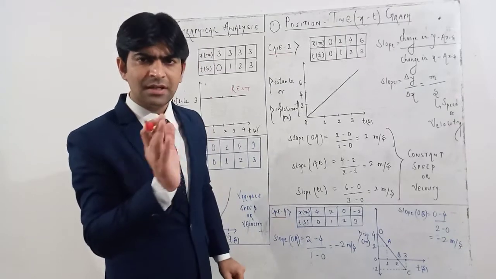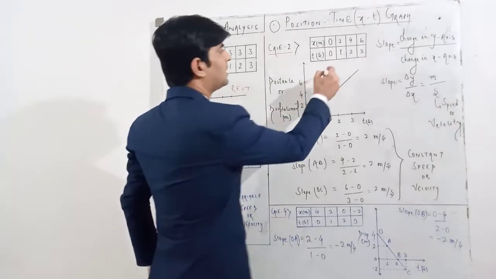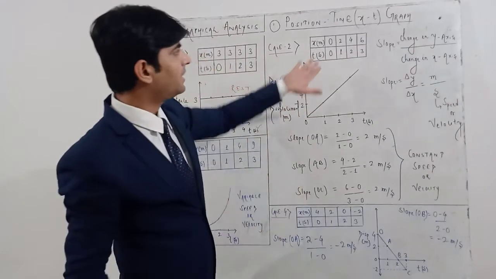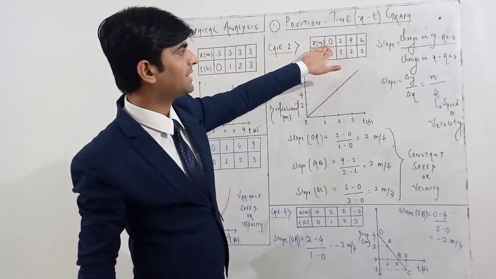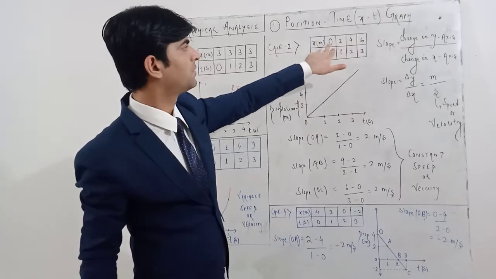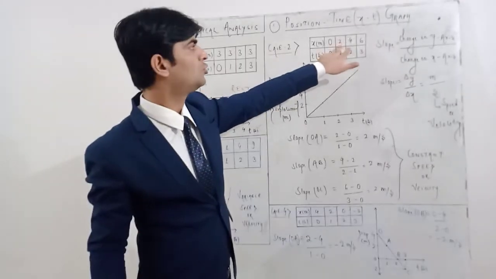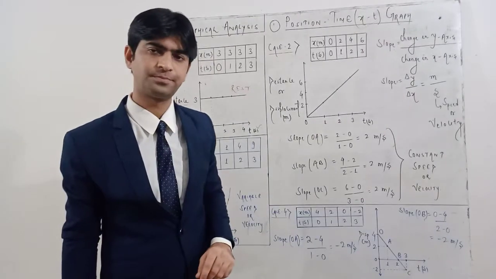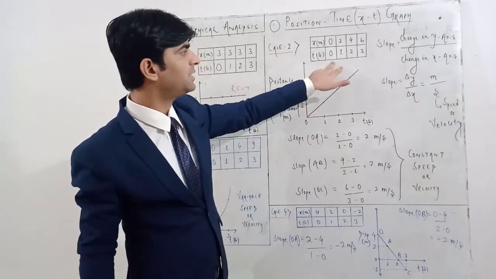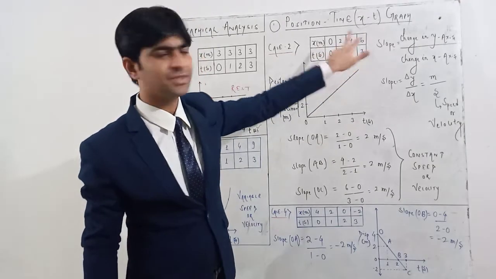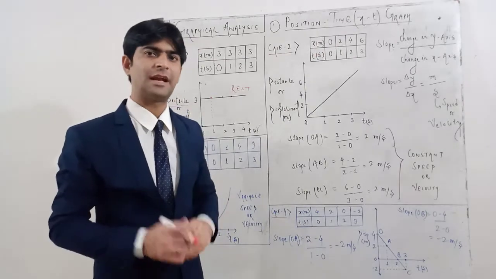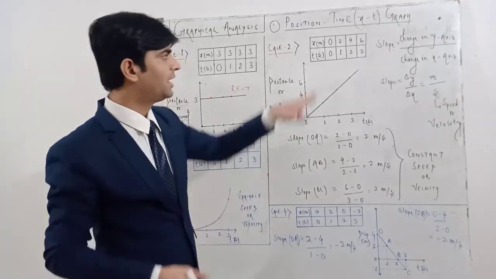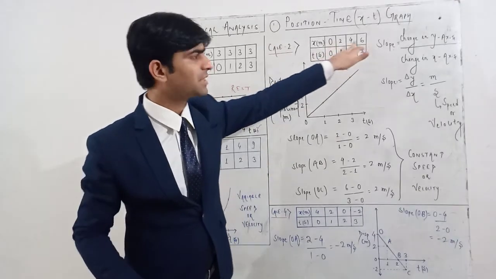So if you see the similarity here with the passage of time, the interval duration is 1 second, and the separation in x is 2 meters. 0 to 2, 2 meters, 2 to 4, 2 meters, 4 to 6, again 2 meters. So in every second the body is traveling 2 meters. That means a body is traveling equal distance in equal interval of time. In every 1 second, the body is traveling 2 meters.